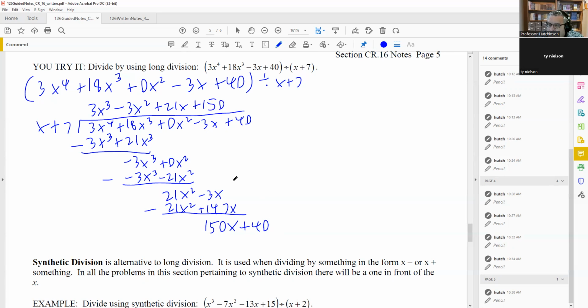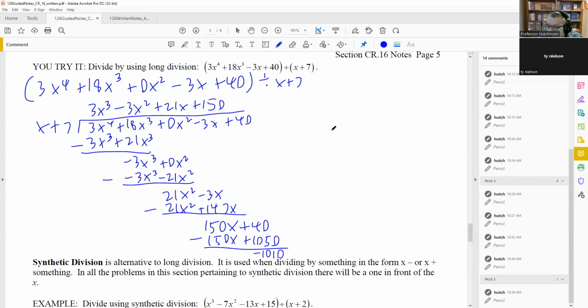So now we take this times both things on the outside. 150 times x is going to be a 150x. And then you have a 150 times 7, and that's going to give you 1050. 1050 right here. And then you subtract that there. And so when you subtract that one, you're going to get negative 1010